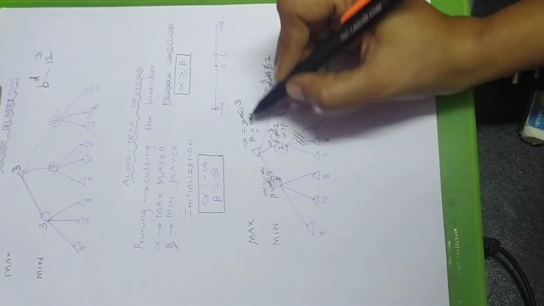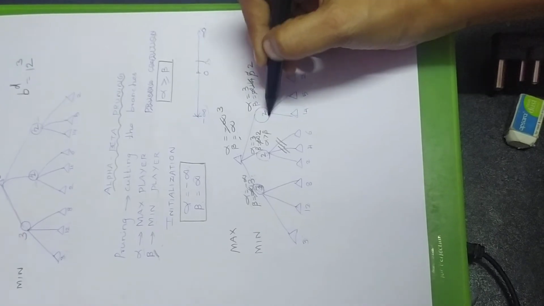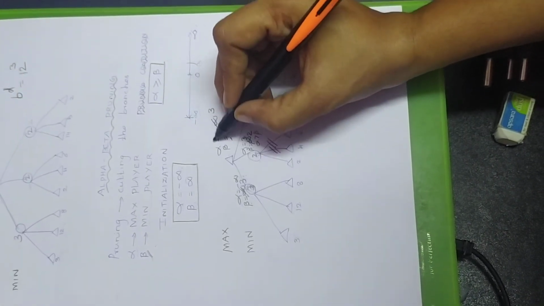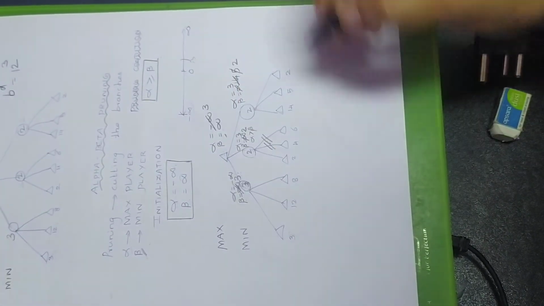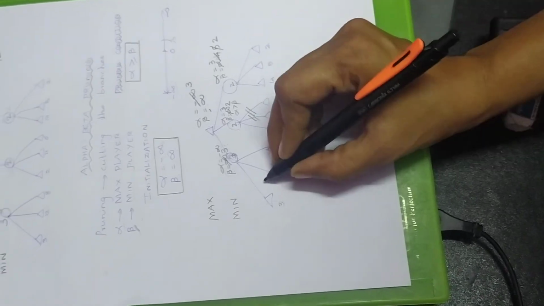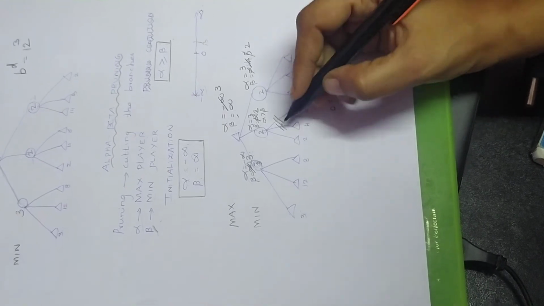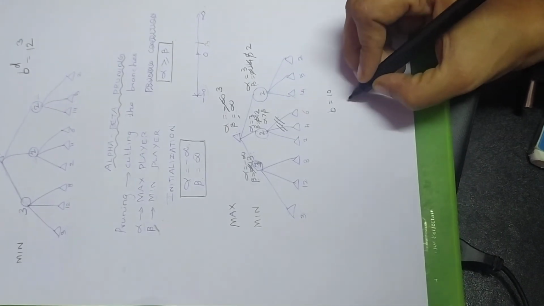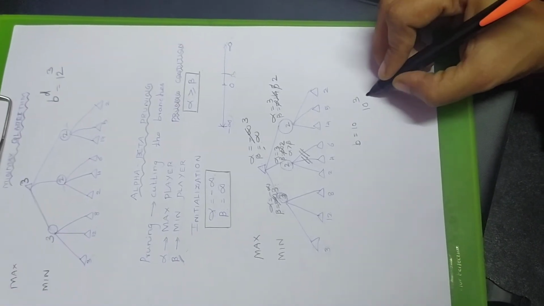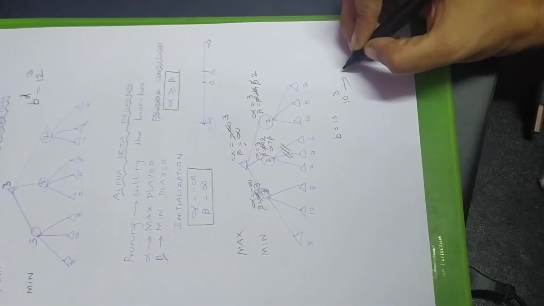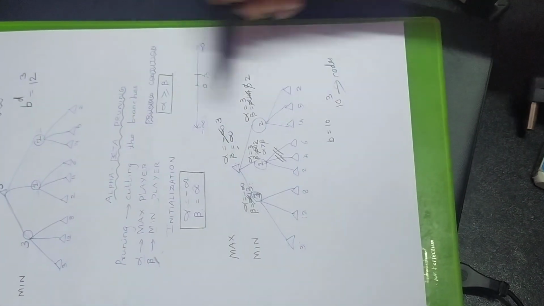And when we move on to this one, alpha is already having 3, so it doesn't take this 2, so it chooses 3. Okay, so here it will choose this path. And when you consider the branching factor, here the number of branches searched is b is equal to 10. Because these two branches are pruned, therefore b power d, that is 10 power 3 nodes are searched. So the searching time is less than the min-max algorithm.